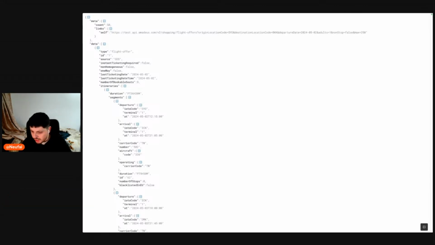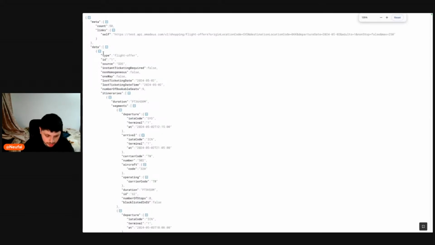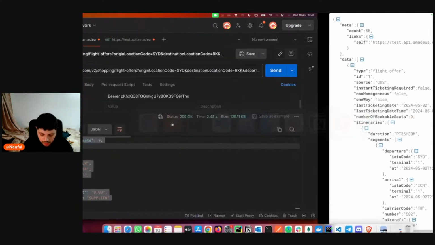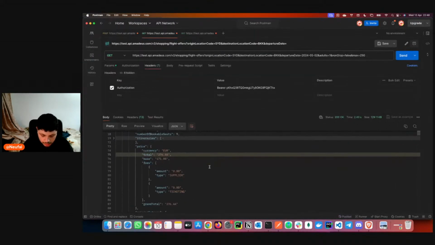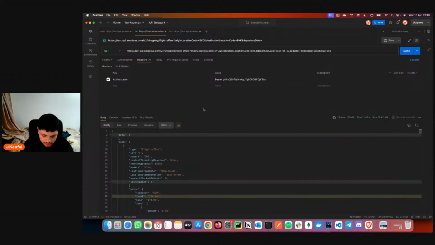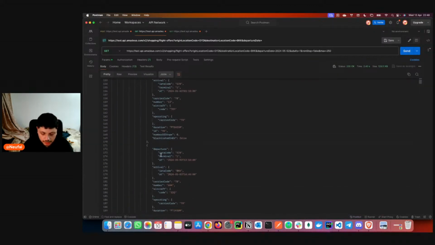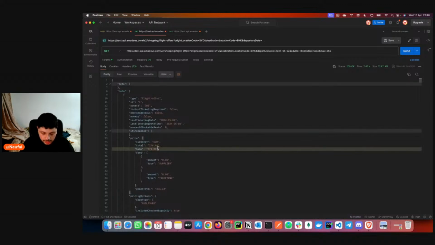So I recommend you go here. As you can see, obviously it's much clearer here than in Postman. Well, actually, it's clear in Postman too, but here you can see all the data, the structure, and how you can go inside with loops and get all the information.